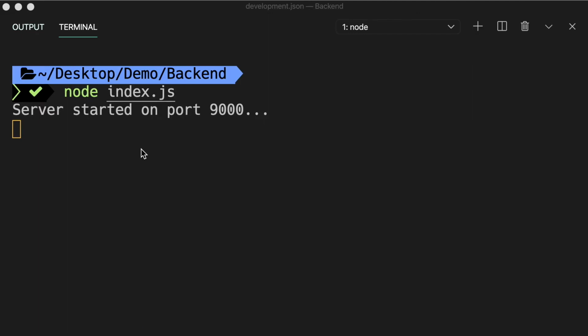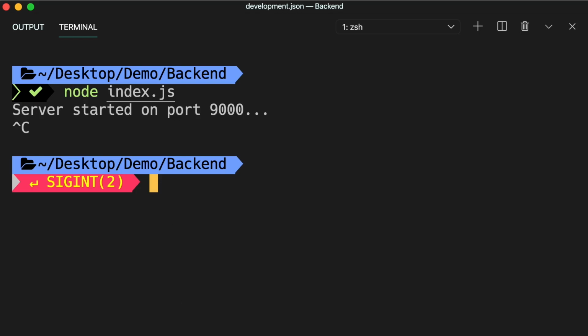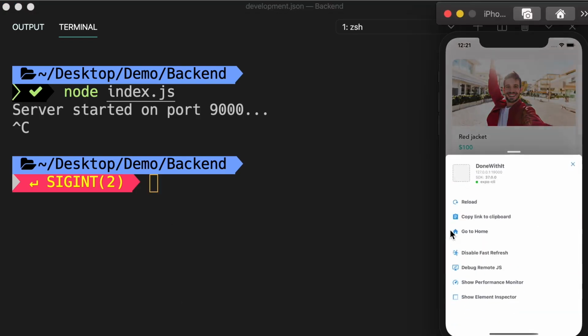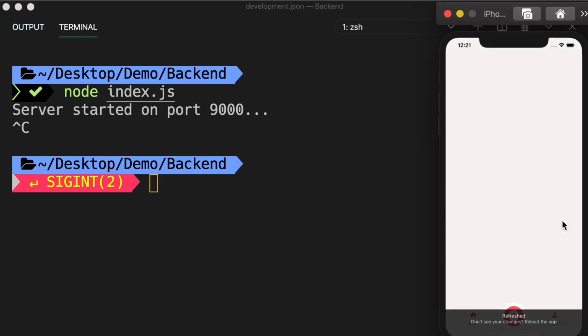Whenever we go over the network, we should always account for errors. So let's see what happens if we shut down our server. So in our backend window, let's press Ctrl and C to shut down the server. Okay, now let's restart the app and see what happens. We got a blank window, not a good user experience. Here we should tell the user that we couldn't get the listings from the server and then give them a